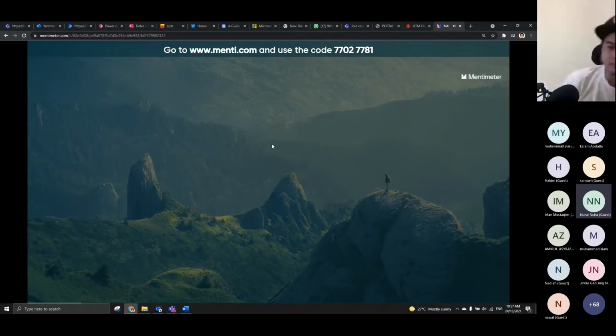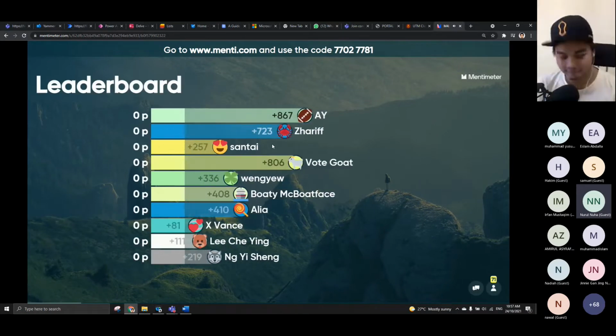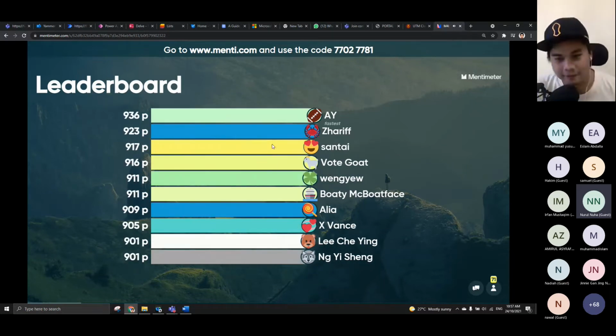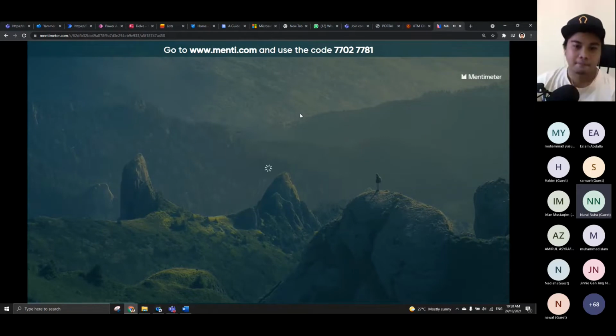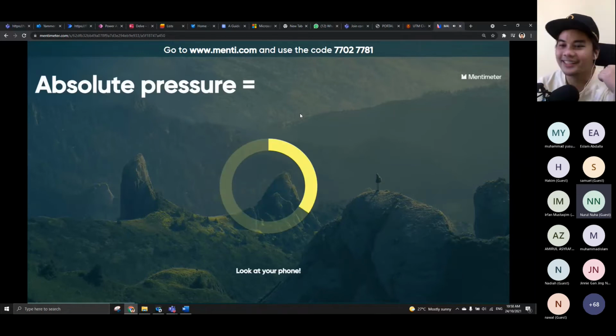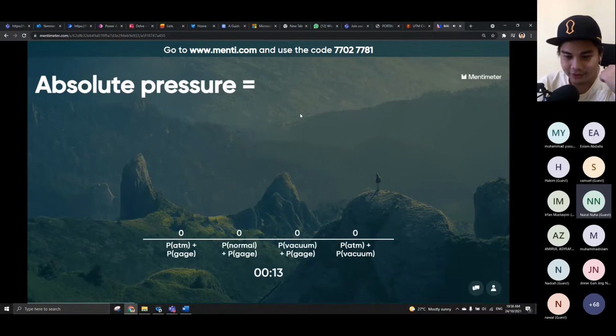Next, who is going to be on the highest scoreboard? Let's see. Good, we have the fastest, AY, your nickname. Second, Zarif. Good. Last, Yi Sheng. If you got it right, you will go to the top 10. You can see your name here. Let's see who will be the fastest and right. Absolute pressure is